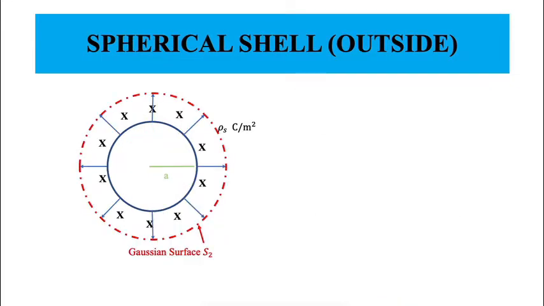Now what happens if I choose a Gauss surface outside the cell? Let us say I choose a Gauss surface, let's call that S2, and this has a radius of r again, but it is greater than a. So I choose this surface S2 as the Gaussian surface, which is outside the cell, and there is of course charge on the cell. Let us draw one, otherwise this will become two circles, right?